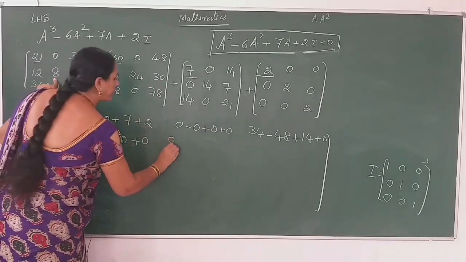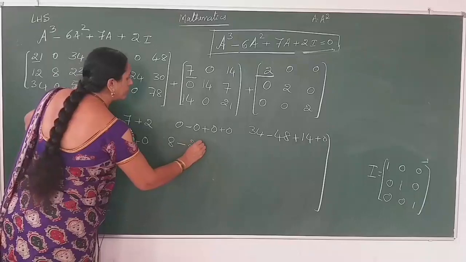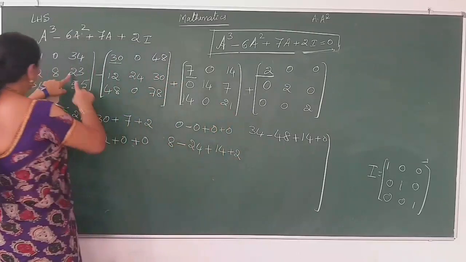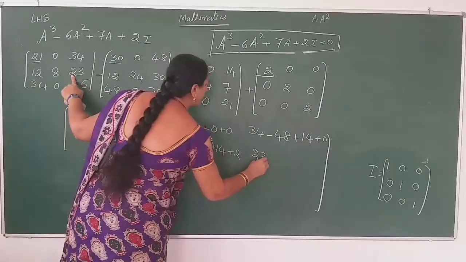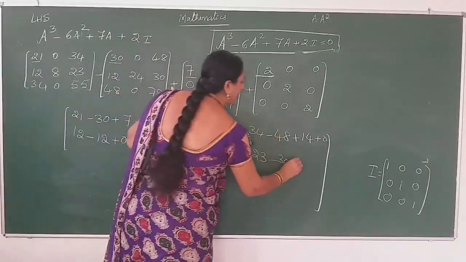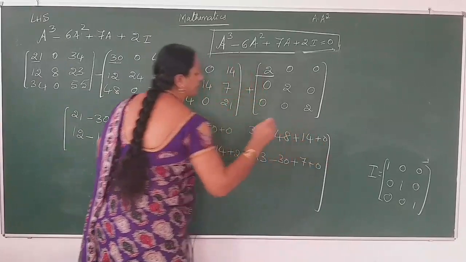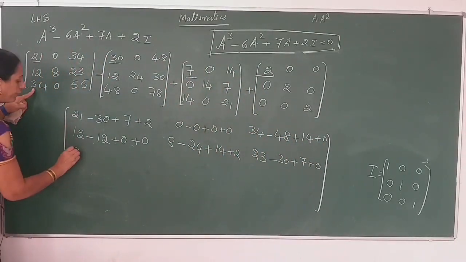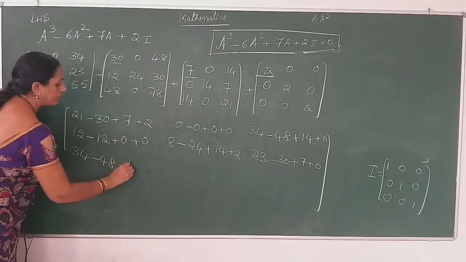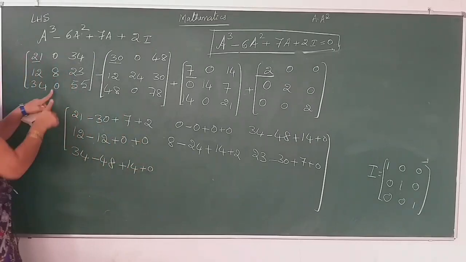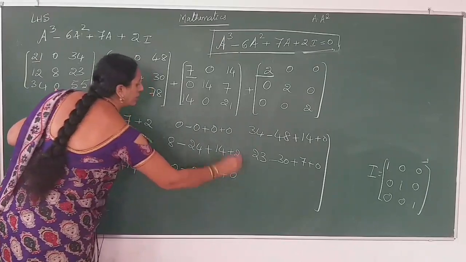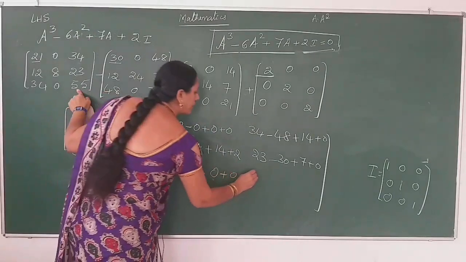Second element is 8 minus 24 plus 14 plus 2. Second row last element is 23 minus 30 plus 7 plus 0. Third row, 34 minus 48 plus 14 plus 0. Second element is 0 minus 0 plus 0 plus 0. Last one is 55